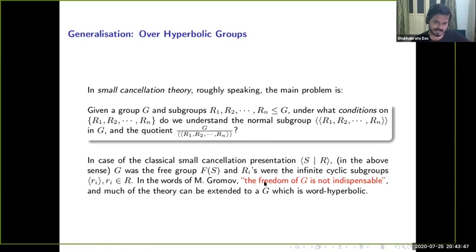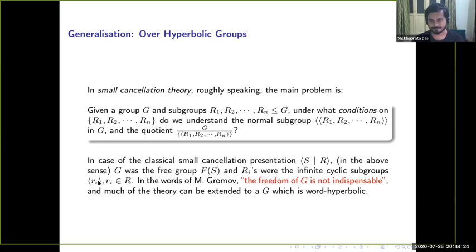So let's just rephrase it. We have seen that S was a generating set, and G was a quotient of F(S) by the normal subgroup generated by R. And what is this R? R was the collection of words, right? Words of certain types, reduced, etc., in F(S), but they were words. So the normal subgroup generated by R can be thought of as the normal subgroup generated by the cyclic subgroups